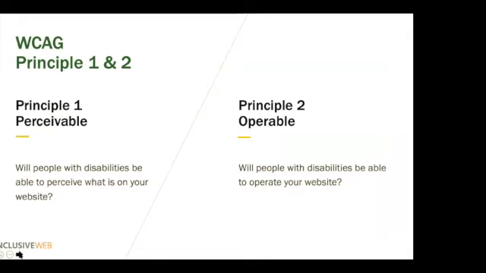Your image could be the Inclusive Digital logo, or it could be a picture of a person sitting at their desk, on a computer working, right? It could be a number of things. But unless you write a detailed description of what that image is,